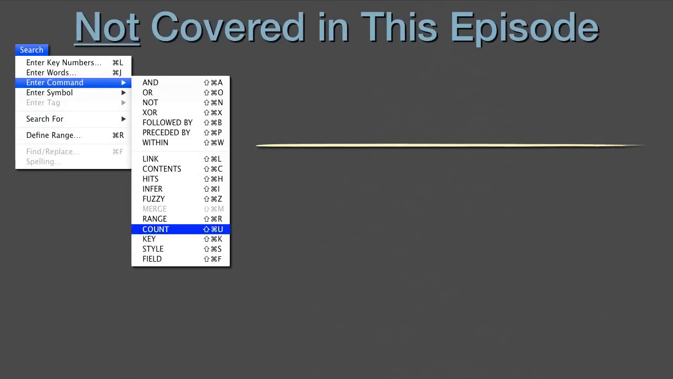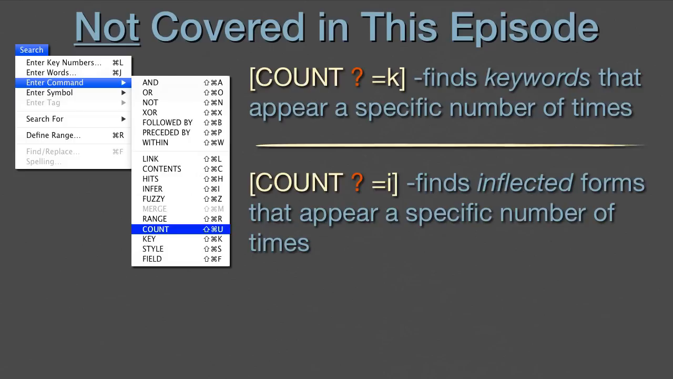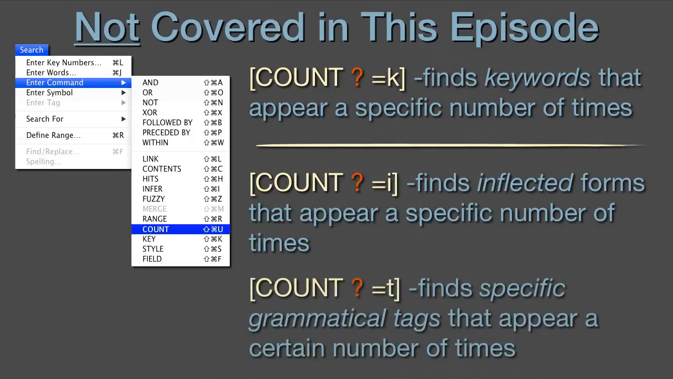However, I do want to mention here that the count command also has special functions for use with tagged texts. Add the modifier =K, and we can use text tagged with key numbers. This modifier orders Accordance to search for keywords that appear a certain number of times. There are also 2 modifiers for use with grammatically tagged original language texts. =I searches for inflected forms, rather than lemmas, which is Accordance's default in original language texts, while =T finds specific grammatical tags that appear a certain number of times. In every case, we need to be sure to replace the question mark with a number or range of numbers